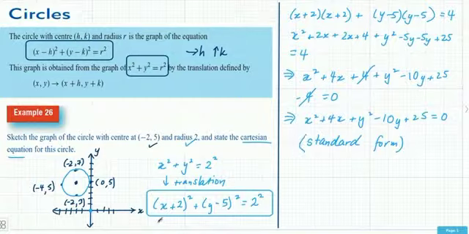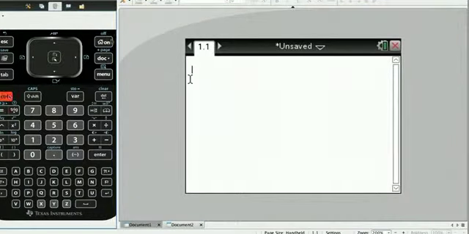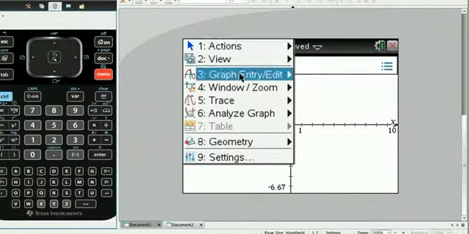Now both of these forms, and I'll just put here centre radius form, both of these forms can actually be sketched in your CAS as well. So if we put these in, we'll see that we actually get the same circles. So first one I'm going to do is this one, x plus 2 squared and y minus 5 squared. So we'll just add a new page, a new graph page, go to menu, and then we're going to do